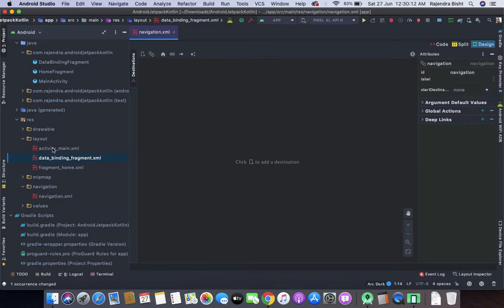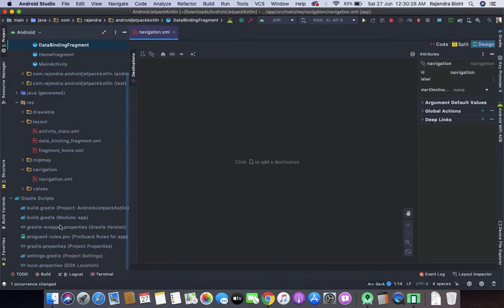I am doing this because I will take this example to complete all the Jetpack navigation component. So it is easy to understand when we use the naming convention.